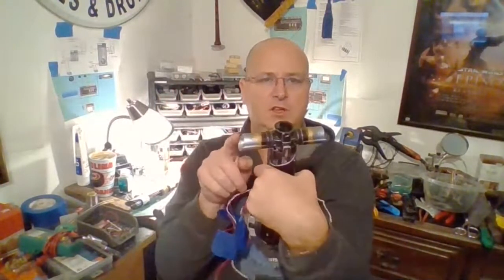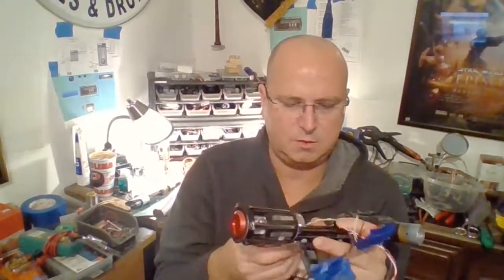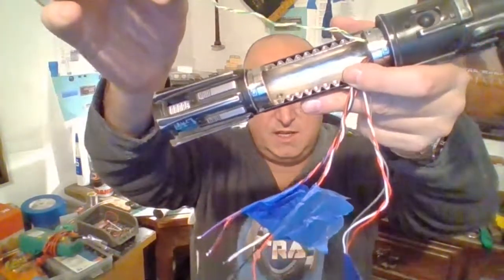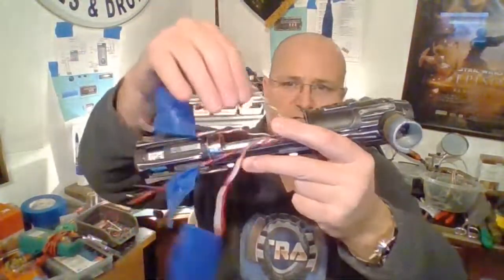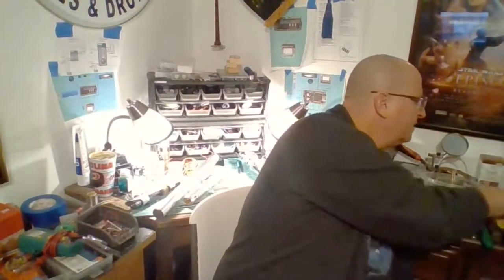That way you can make 1 quillion red, 1 quillion green, and the saber do something else crazy. So it's kind of cool. And then the other bunch of wires is my switch bundle here. Green, white, and yellow. That's my switches. Green is main, yellow is aux, white is common ground. So this one's wired main switch here, aux switch here, and the common ground is shared between them. So this saber is also ready to install. Here's the battery sled for that Kylo hilt. But at any rate, so I hope to have 2 installed sabers done tonight,